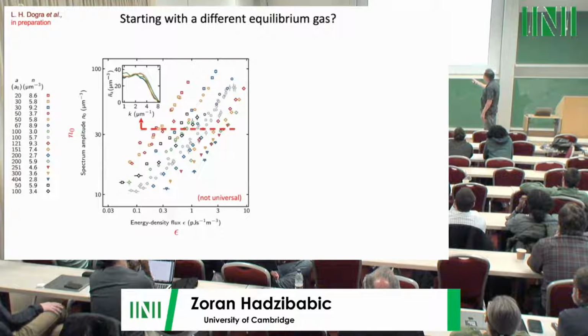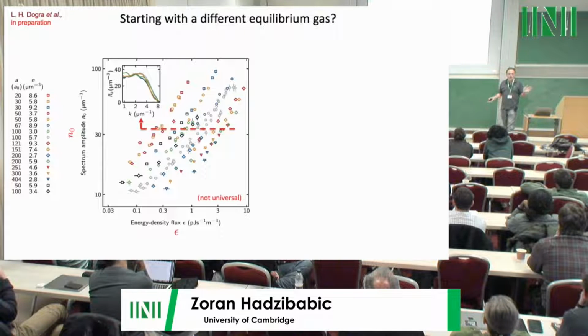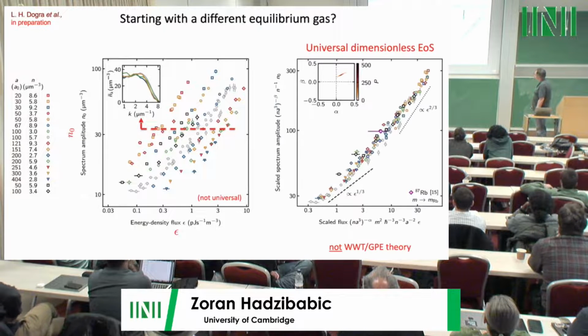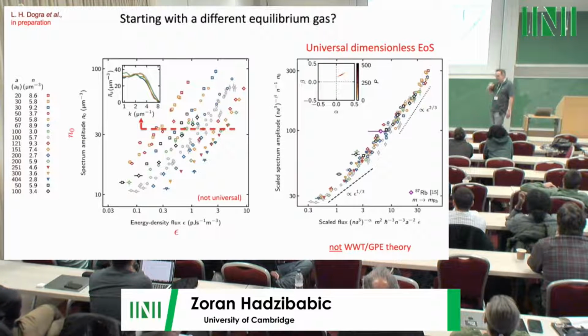But once you know how to measure the underlying flux, you see that the fluxes needed to support the state vary by more than an order of magnitude, depending on microscopic system parameters. However, the good news is that there is space here, on the right of this slide. It turns out that we can, and it's purely an empirical construction, find a universal, completely dimensionless equation of state for wave turbulence in a quantum gas.